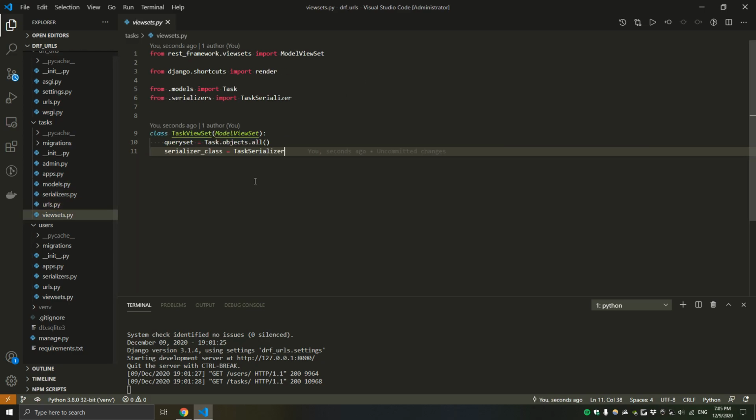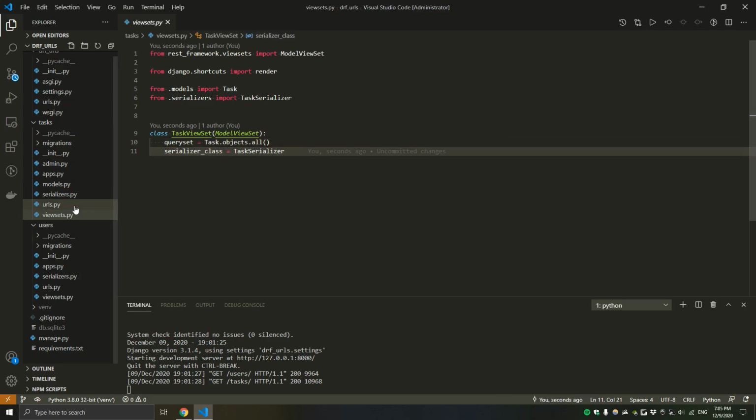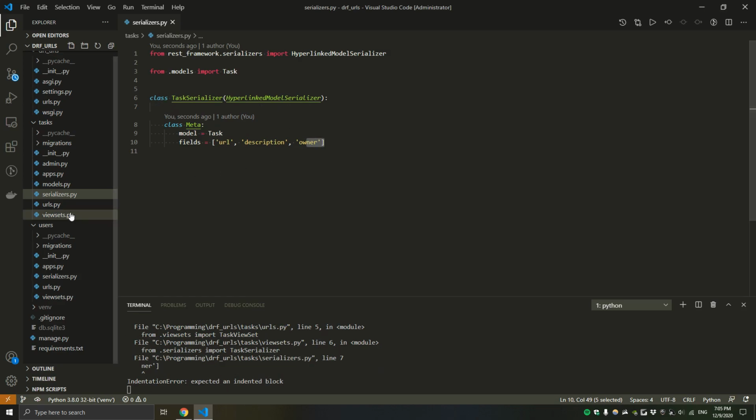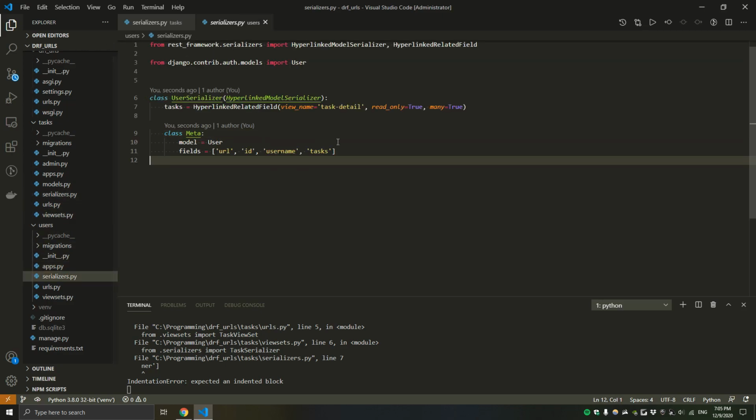And the view set is super simple. I just have the query set to return the task objects. The serializer class is the task serializer, which is this over here. And I don't even need to add the permission classes, because, like I said, it's already the default in the settings. And if I go to the users, it's the same thing, except I do want an